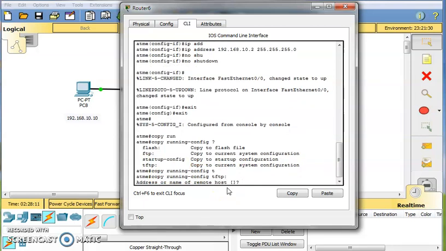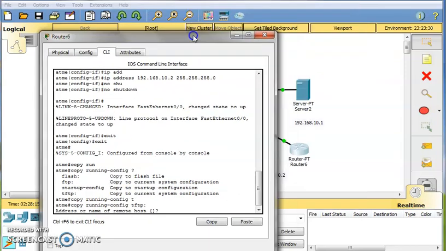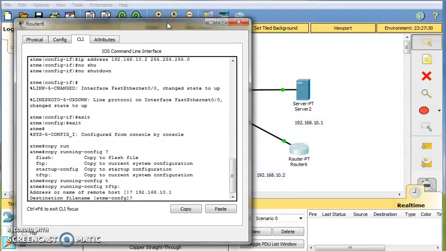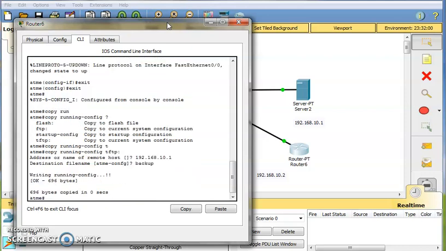Then press enter. It will ask for the address or name of the host. Now the address is 192.168.10.1. Destination file name, I will choose backup. Name of the file is backup.